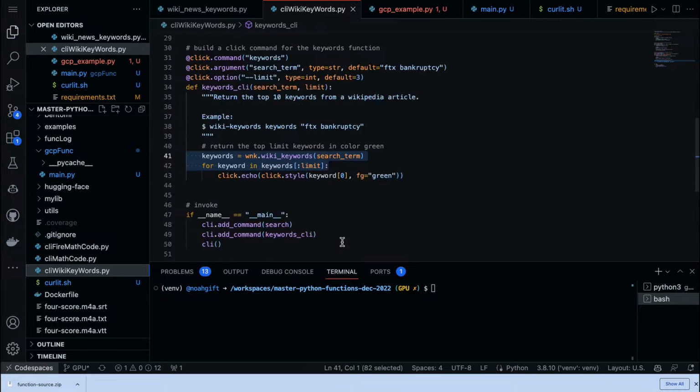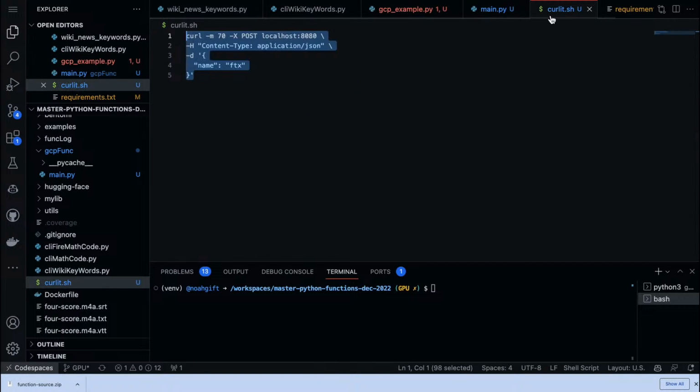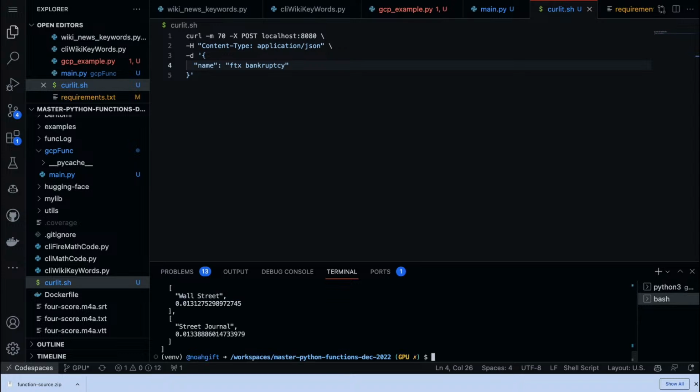We need to fix the default query. There we go, FTX bankruptcy. That's the issue. Instead of just FTX, we need to do FTX bankruptcy. So let's try that. Okay. Now let's run this. There we go. So we just had a bad query.